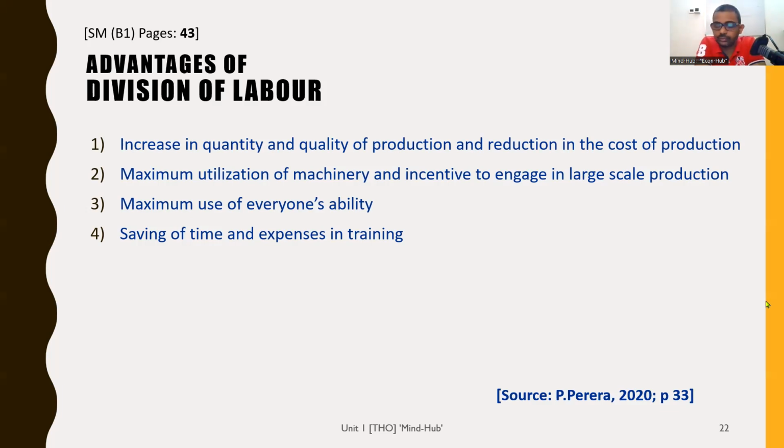Right. Shall we just quickly go through them? The first advantage: increase in quality and quantity of production, and reduction in cost of production. Obviously, because when you produce at least 10 times more than what you used to produce, the cost per unit of output falls. In Smith's pin factory example, the cost to produce one pin would definitely decrease a lot. So there's a massive saving in cost, and that is the efficiency.